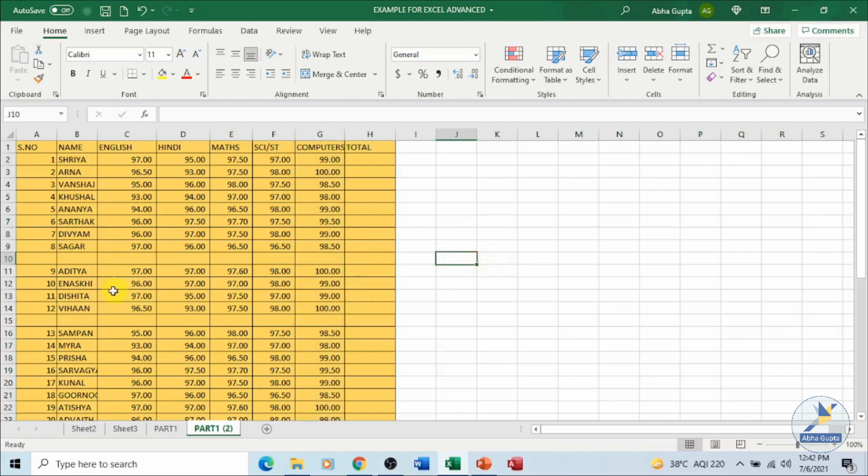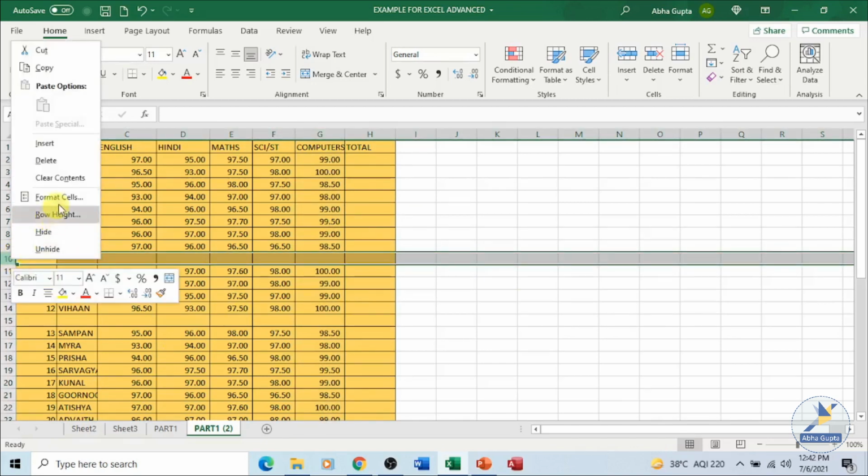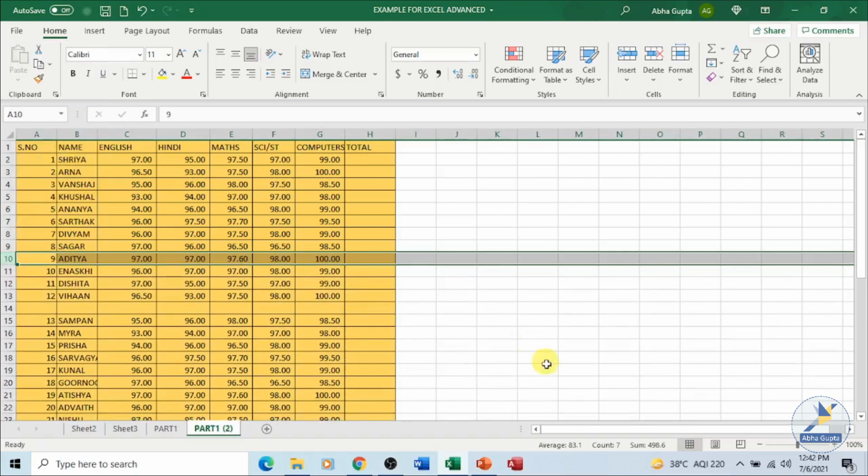Now, if we want to remove a row from our worksheet, same method, select the row, right click, and from here you can choose the delete option, or you can always go to the home tab and under the cells group you can choose the delete option. Your row will be deleted and the row numbers will be adjusted accordingly.